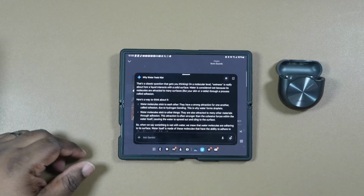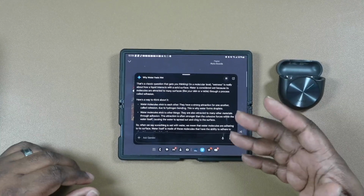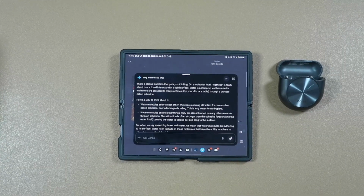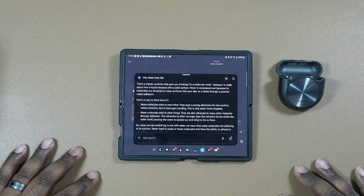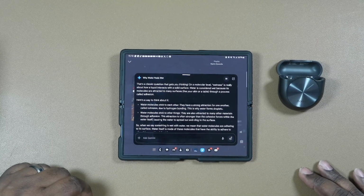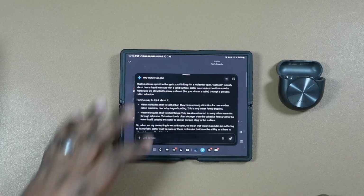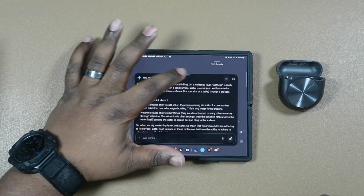All right, so it answers there. Now I got that set for both the left and right earbud for this test. I probably will go ahead and change it to noise canceling or something like that for one. But this is definitely how it works. Does a really good job. Let me go ahead and close this out because I hear my man in my